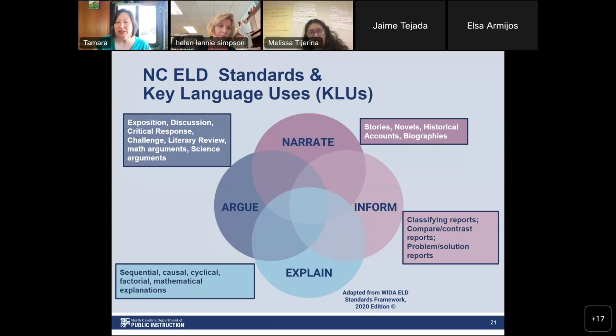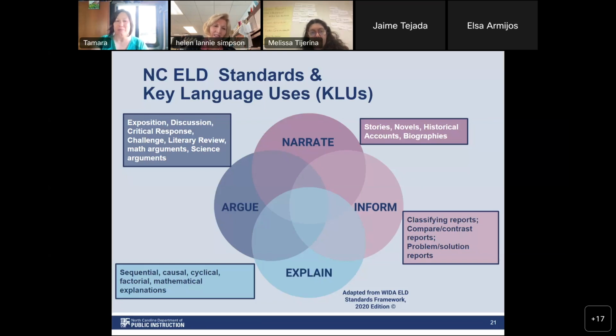And so argue really does show up throughout schooling, minus kindergarten. Argue is one of the biggest categories that we see repeated over and over again across these 4 key language uses. And I'm going to reiterate what Lanny just said. And our quadruple Venn here shows it as well.